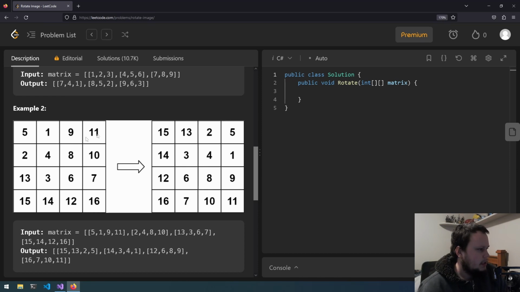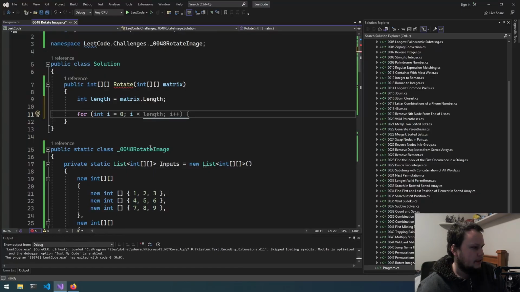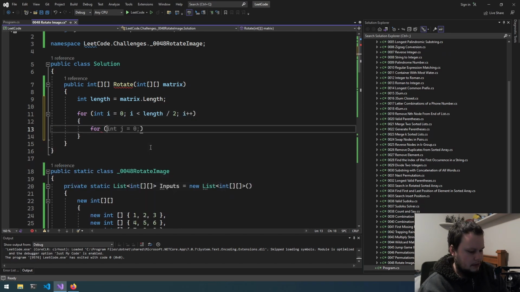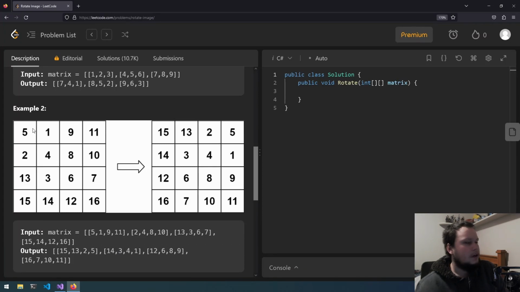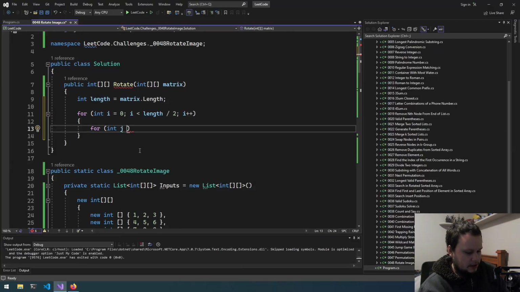So if we go here and here, okay, yep, so rows, we only need to go to the halfway point, so length divided by 2, then i++, and for int j, okay, so first will be i is 0, and then we want to go across to this. When i is 1, we actually want to be at index 1 here, because we've already done the outer one. So j equals i,